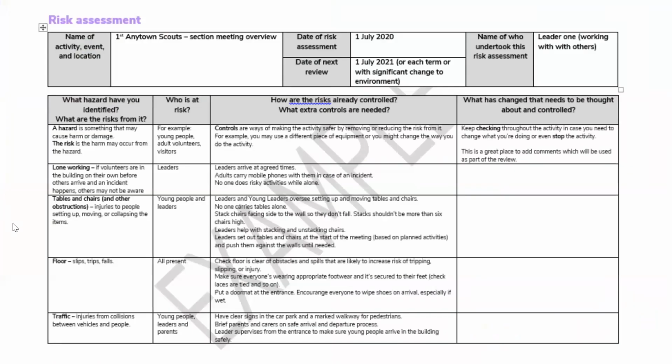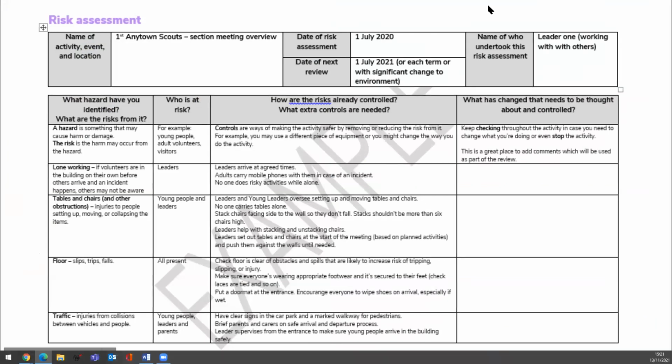So now to put it into a risk assessment form that you might use in your day-to-day scouting life. This is an example one that we've taken from the Scouts website, and on that website there are loads of examples that, like this one, have been pre-populated and filled in to give you an idea of the type of things you might want to think about when mitigating the risks. And there's also blank templates like this but without being filled in, that you can download and use for yourselves. You don't have to use this template at all.